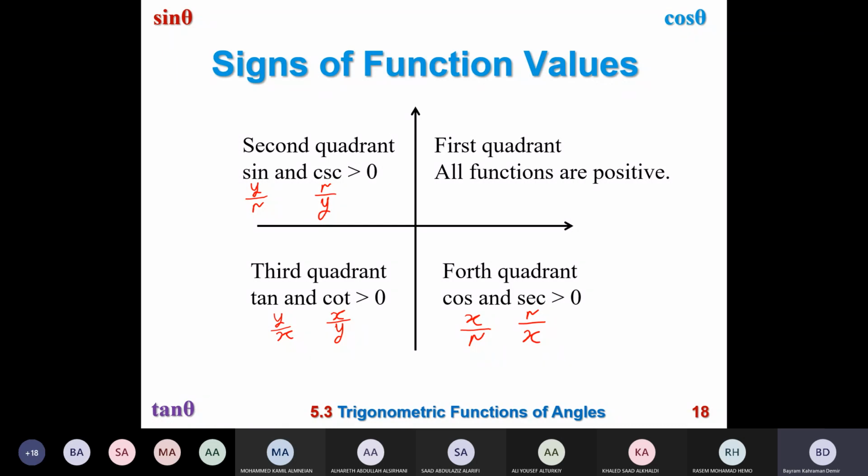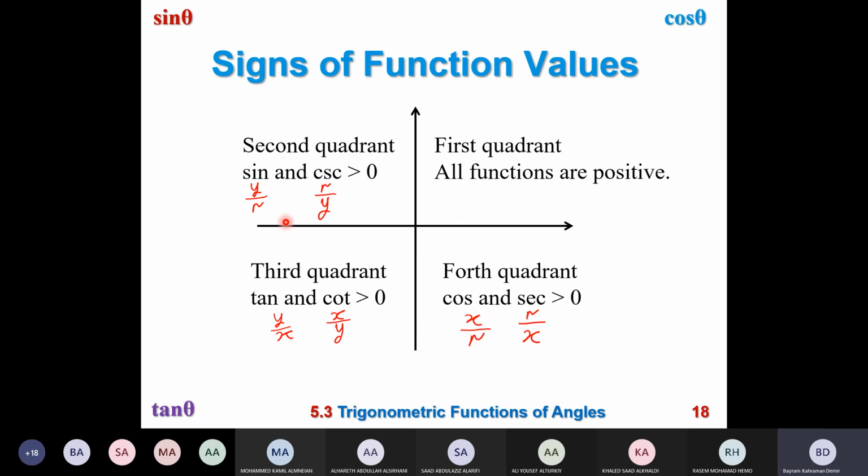Okay, let's remember again the signs of trigonometric functions in each of the quadrants. In the first quadrant, it is easy to remember. All the functions are positive. In the second quadrant,